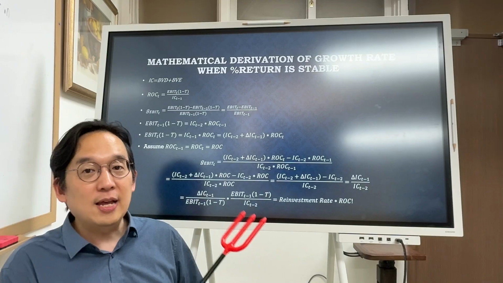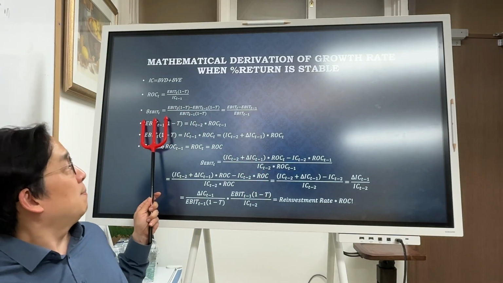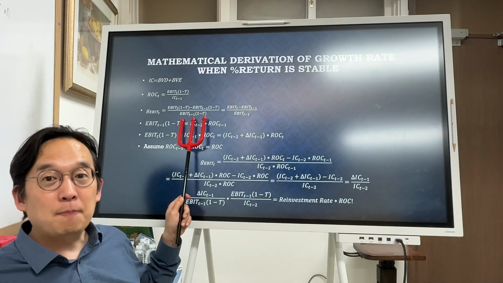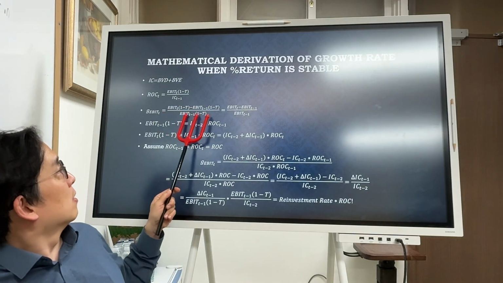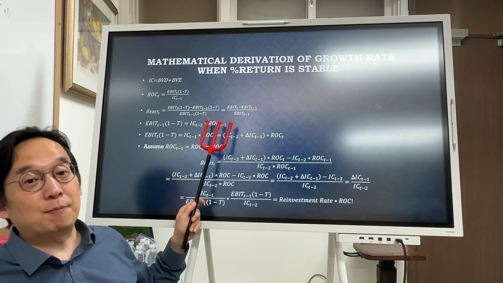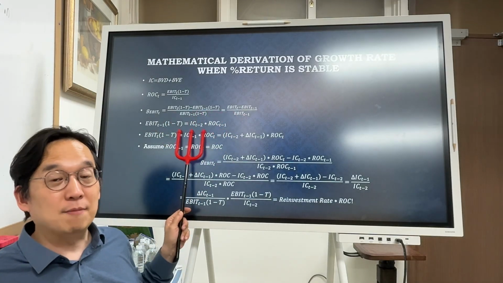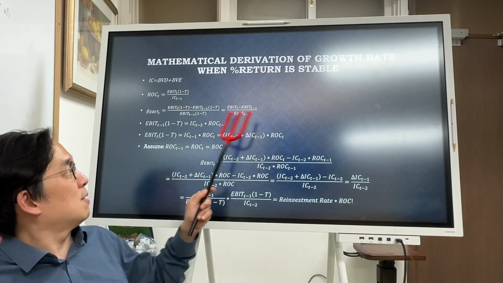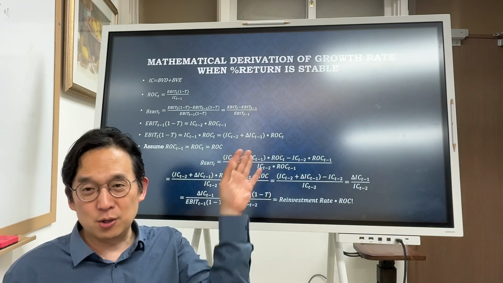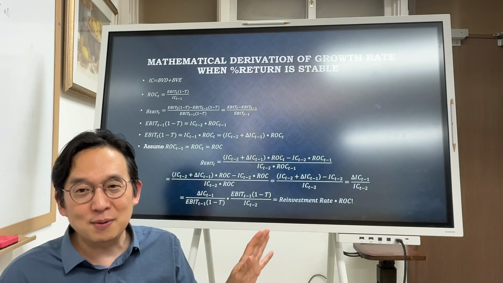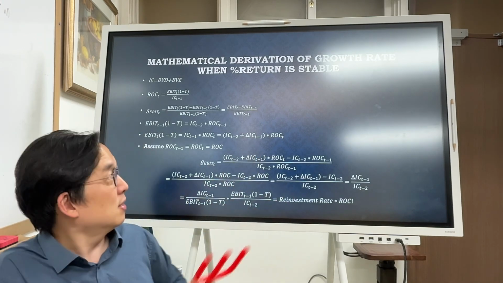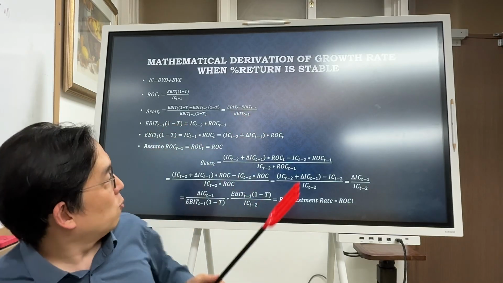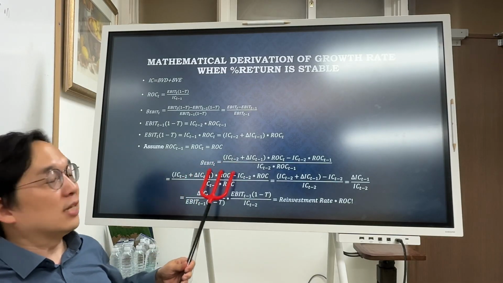Okay? Then the growth rate of EBIT should be what? Well, after-tax operating income of this period minus after-tax operating income of last period, over the same thing, last period's operating income after tax. Well, just simplify. The tax rate is just assumed to be the same marginal tax rate anyway. So they will cancel, and then you will get this relation over here. And then we are trying to get to the growth rate of EBIT. Okay,